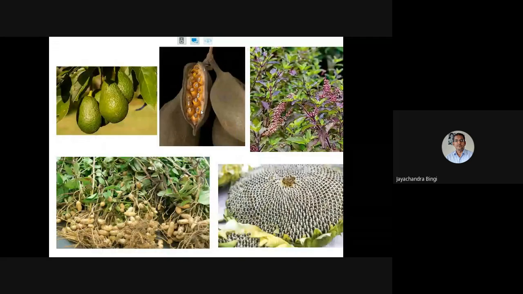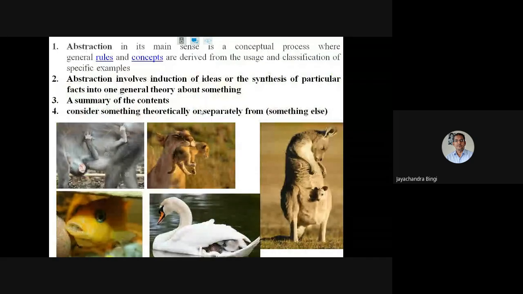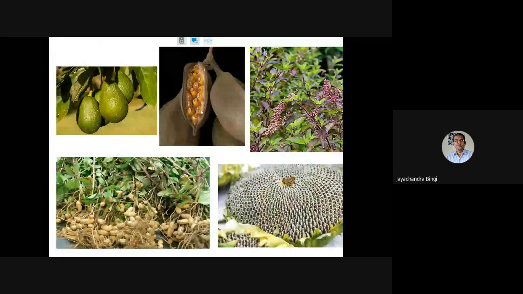Okay. So the next case is also the same thing, but these are different kinds of things. Here also it's the same thing. It's holding. One is holding the other. But the point is common. You can't say this is different as far as bio-inspiration is concerned. You can't say these events are different from that event. As far as clipping is concerned, as far as holding is concerned, all are the same. You cannot categorize them as different ones. So all come under a single category.